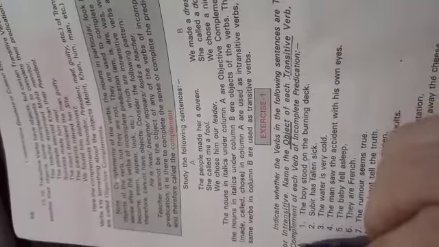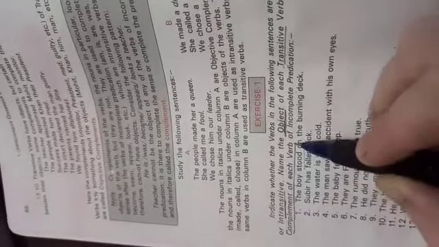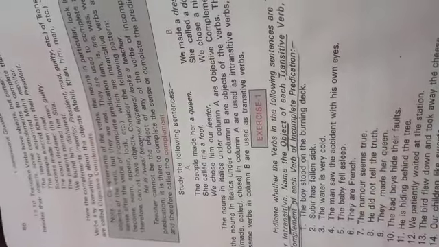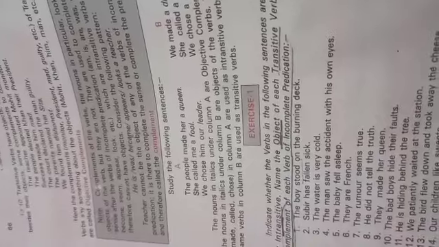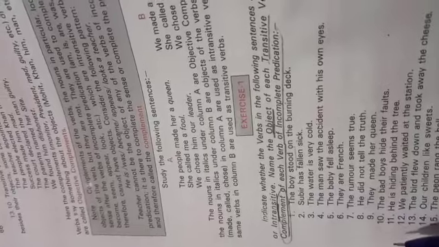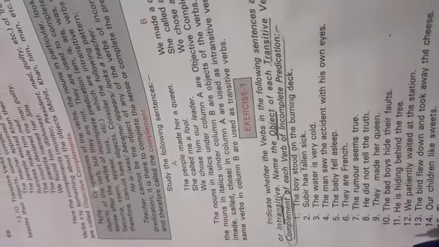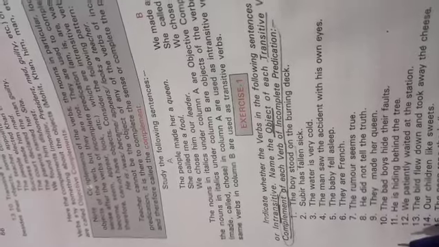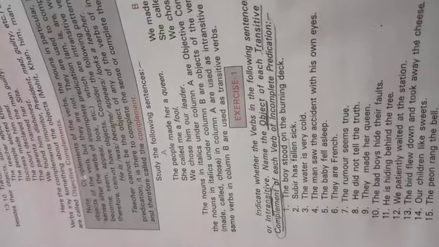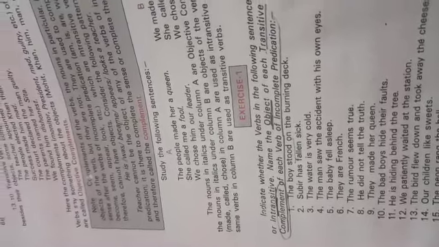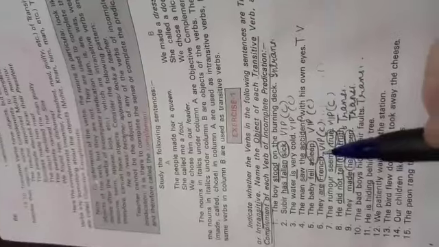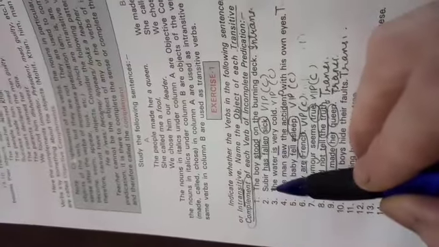If a verb of incomplete predication is there, then you have to check the complement. Is it clear? The question is clear to you? Children, I'll give you 2 minutes time. Just go through sentences 1 to 10 and try to solve it on your own. I'll wait for you and let me see how many of you can solve it, and you can cross check with my answers. Come on, solve it on your own. Clear? Now children, hope you have solved it or not.